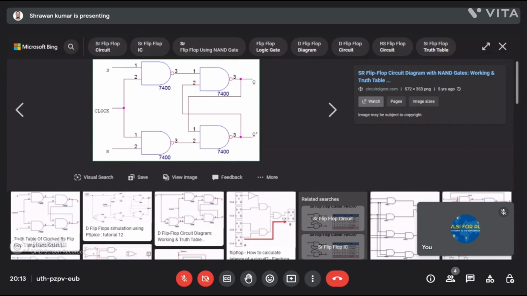Okay. When we apply S equal to 0 and R equal to 0, and the clock is high, so it is 1, we have the NAND gate.